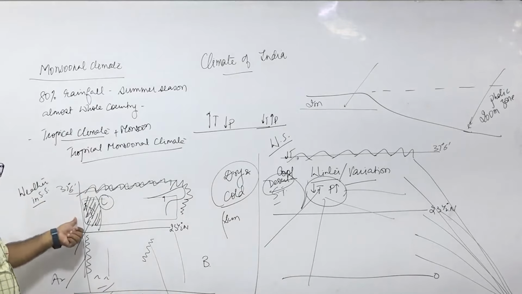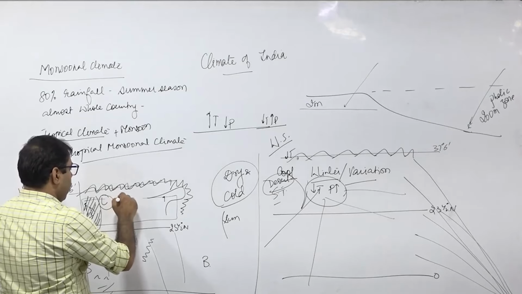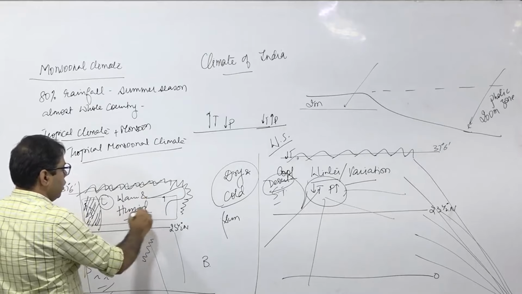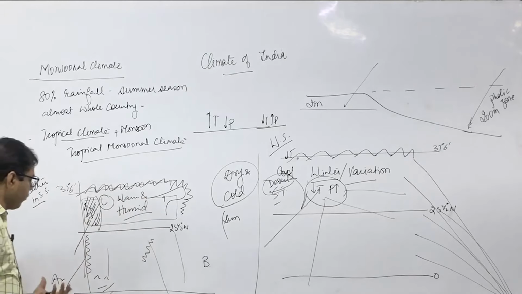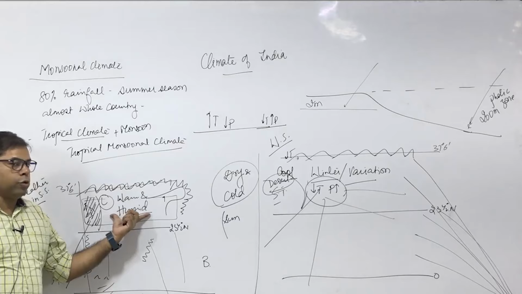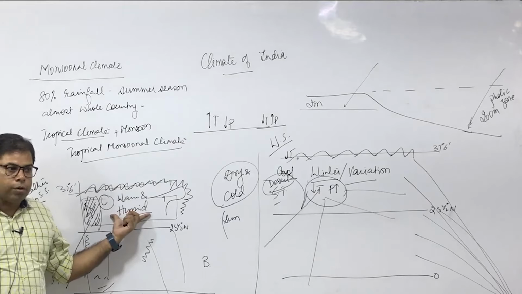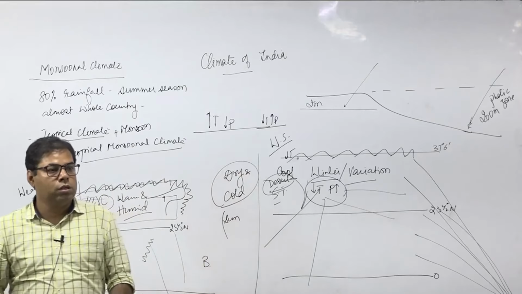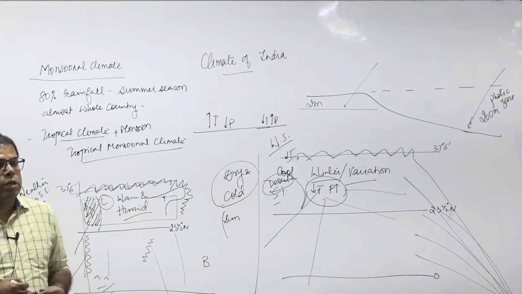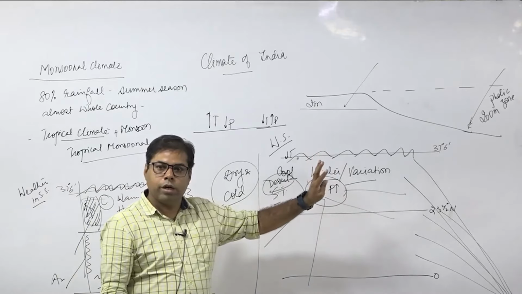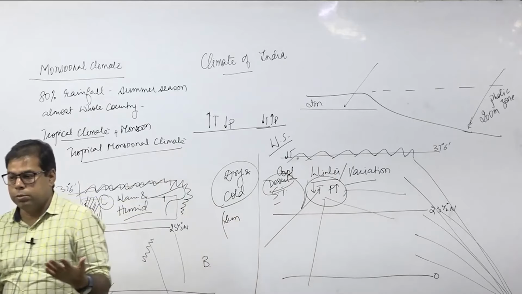This will be warm and humid. When the wind is coming from oceans and the wind is warm, will they carry moisture or not? So it will develop a warm and humid condition. Rainfall will occur here. What is here? Cold and dry. Precipitation will occur or not? Because of thermal condition over the land, the precipitation will not occur. Right? External factors may be responsible for causing the rainfall.